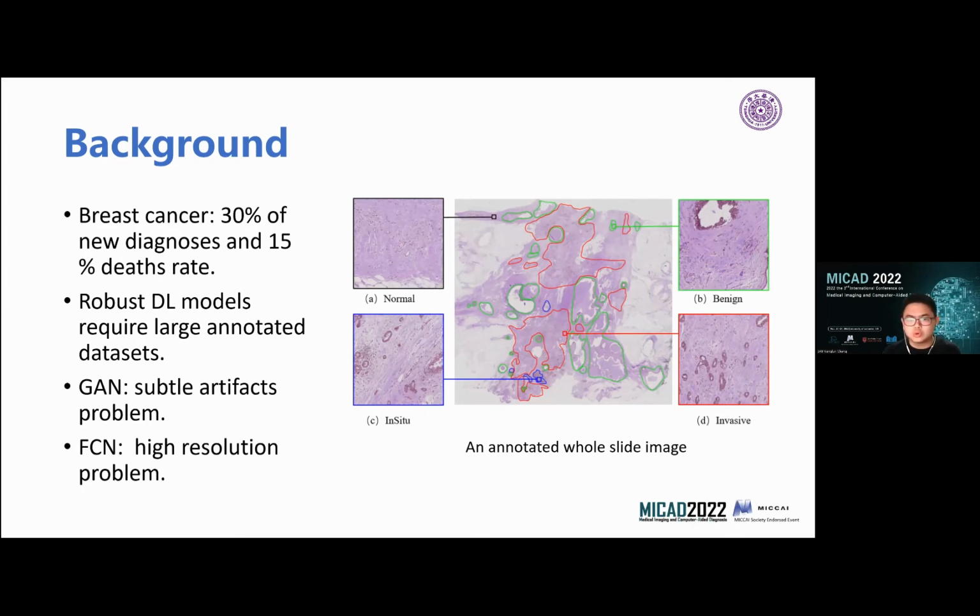Here we show an example of the cancerous cells distribution, which are classified into four categories: invasive cancer, in situ cancer, benign, and finally the normal one. As we say, it is important to find out and classify the correct type category of the cancer cells. Recently, many computer-aided systems utilize the deep learning method to improve the